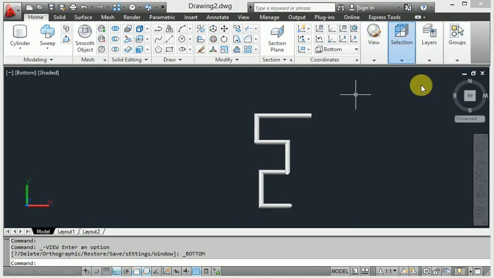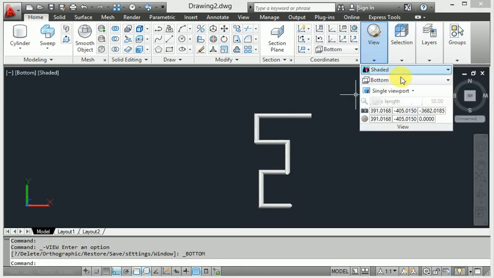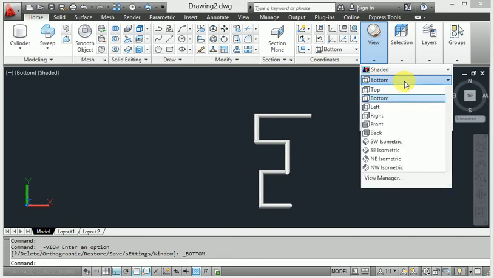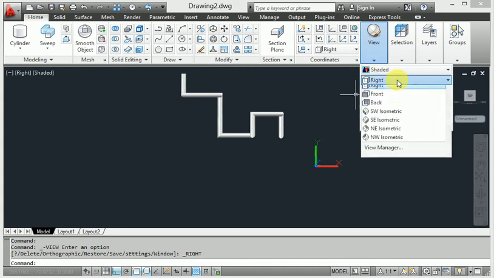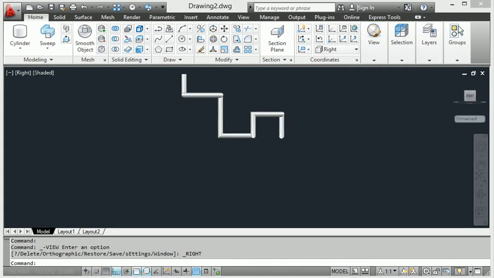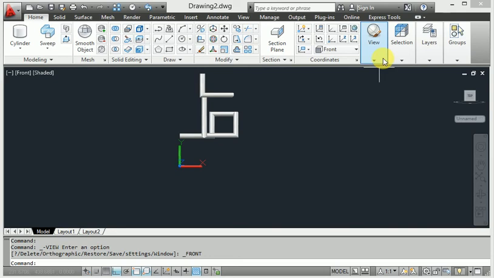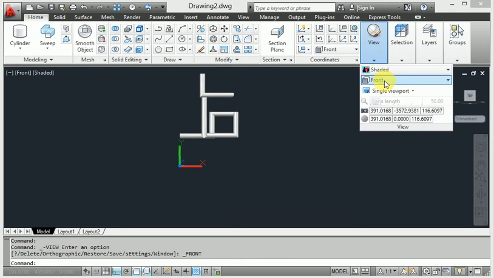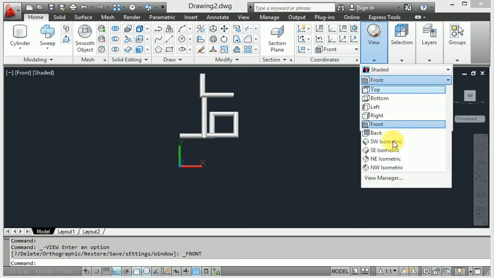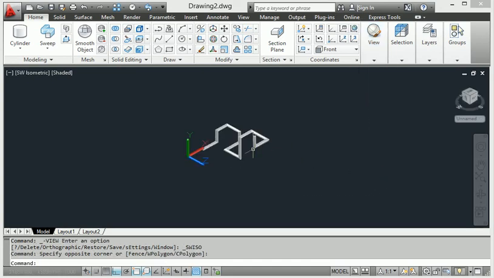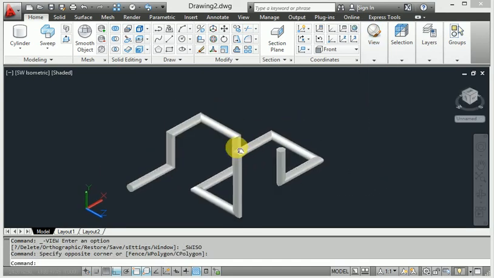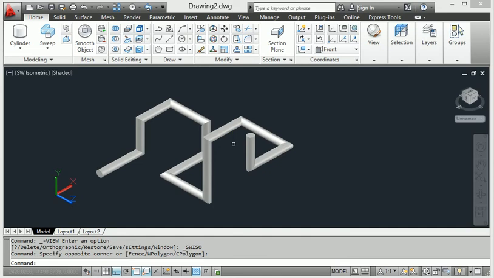Then another, the right view, this is the right view also. Then click front view, like this is the front view. So the different views show this 3D object properly.